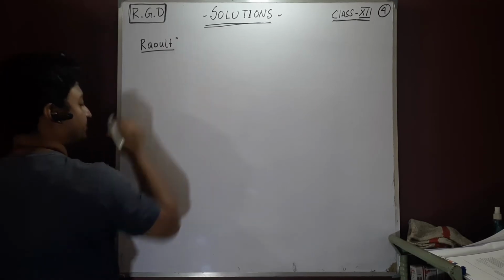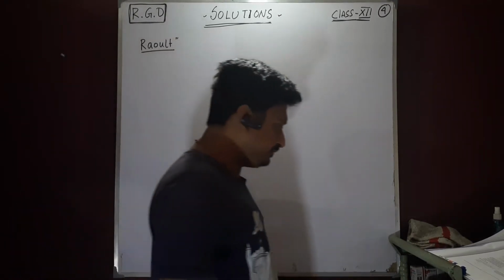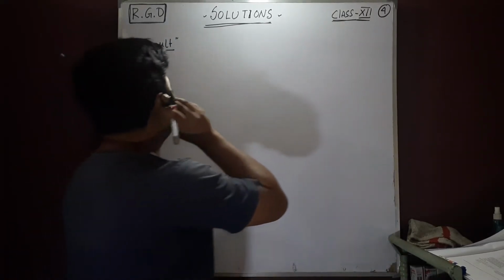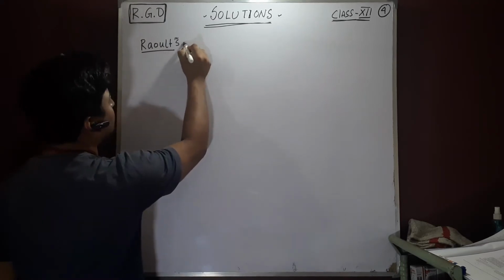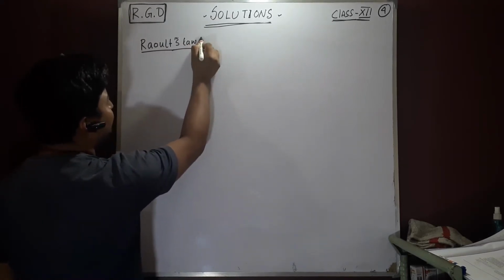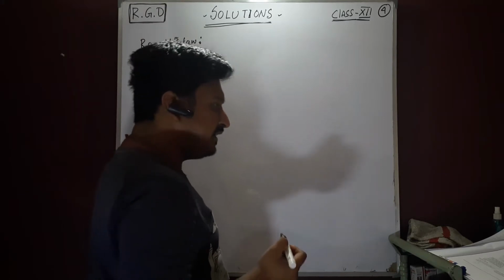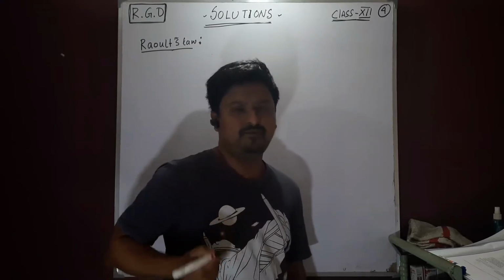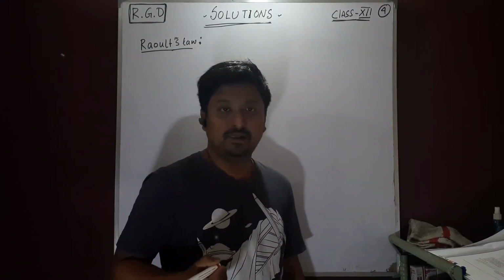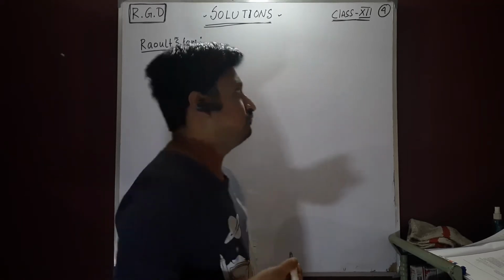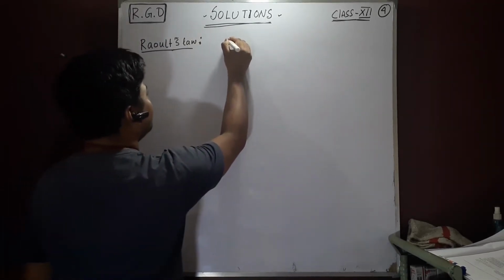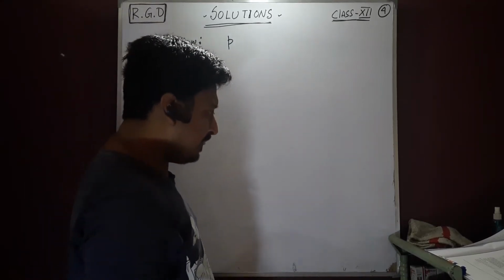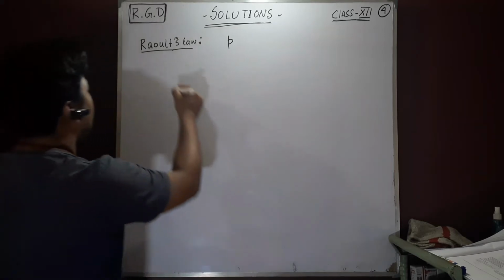So he gave a law. It's very simple. What he said, as I said earlier, is that if you have more of a substance in the vapor phase or a liquid phase, the vapor pressure will be high. That's what he said. He said that the vapor pressure, if you have a solution